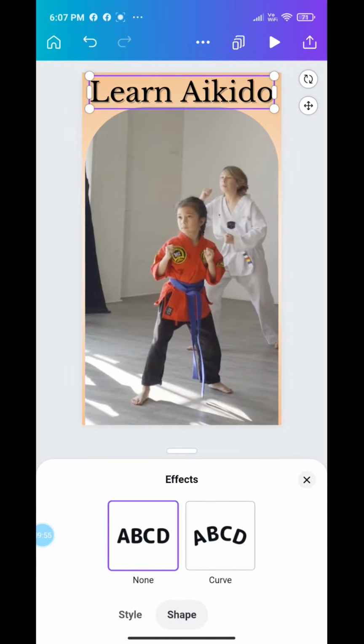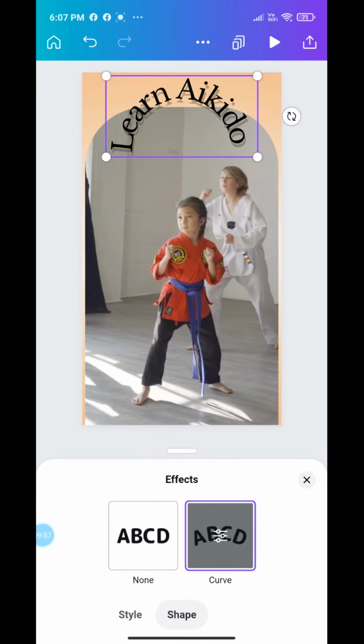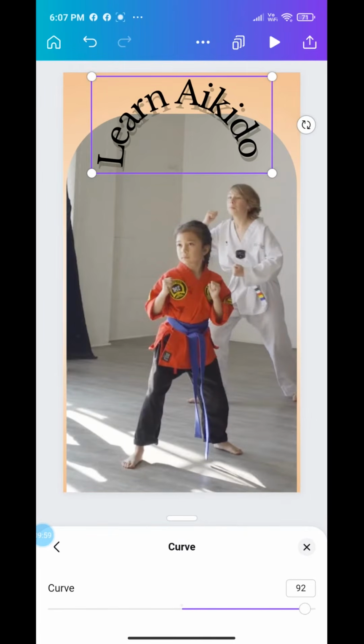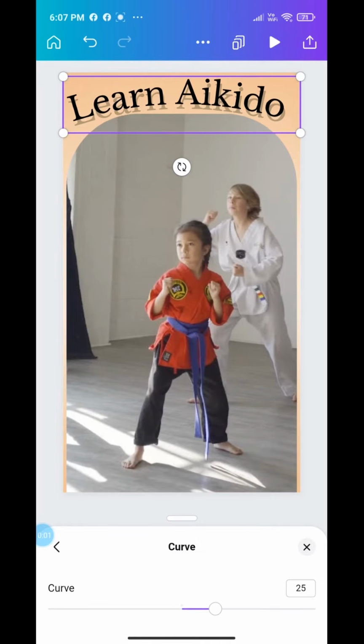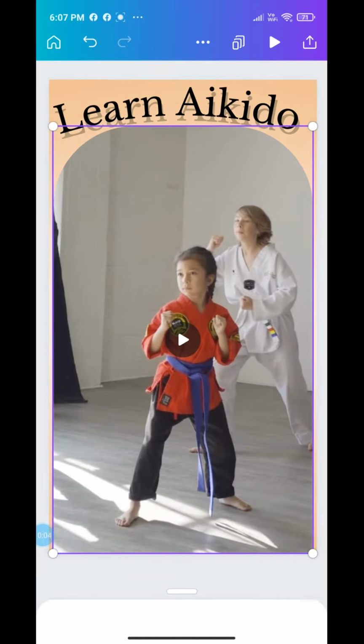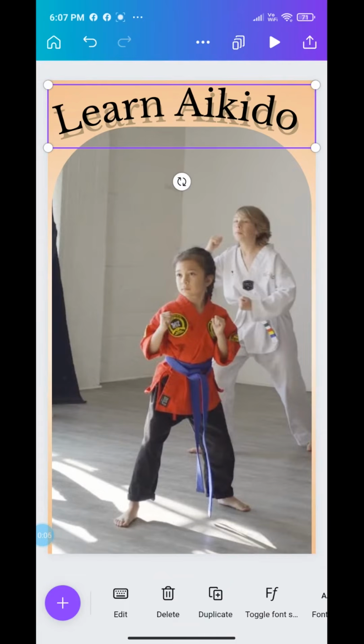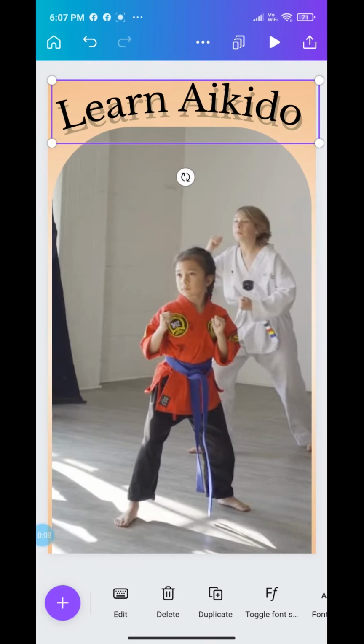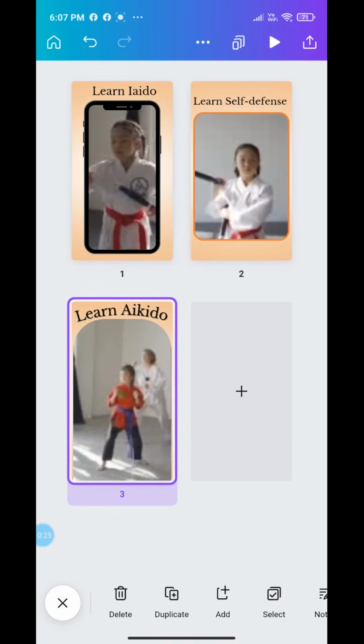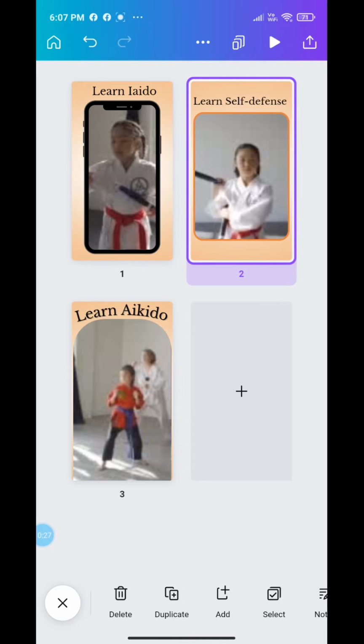And then I can again go for the shape of this text. I can curve it as much as I want. I can reduce and increase the curve, reverse the curve like so. It's very simple. And then again I will go to this add slide section and I will change the slide,